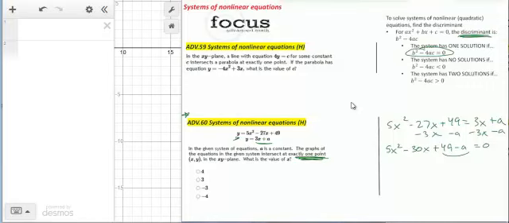Once you get it into this form, what you now have is here's my a value, my b value, my c value, and you can use the discriminant to solve this. If we take our b squared minus 4ac, set it equal to 0, since there's one single solution, this is how you will answer this question. Because our b value is negative 30, so we get negative 30 squared minus 4 times our a value is 5, and our c value is 49 minus a. And if we know that all equals 0,